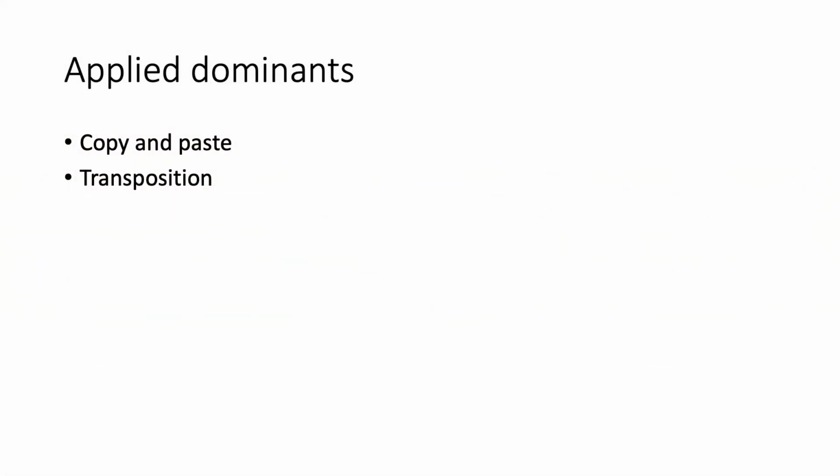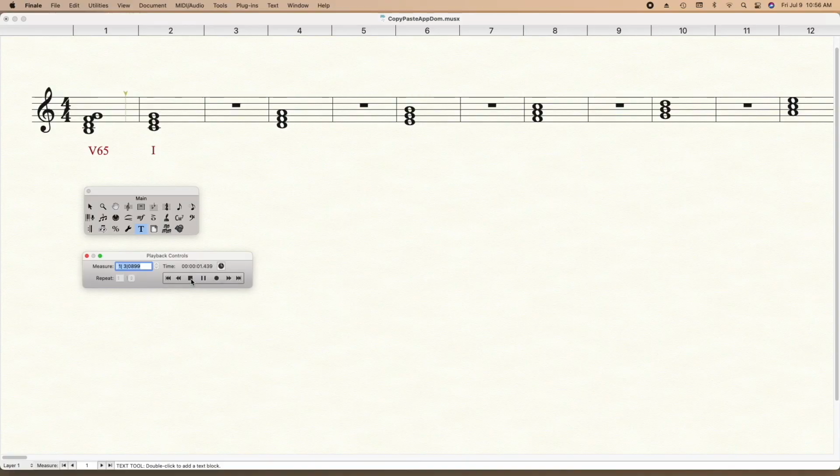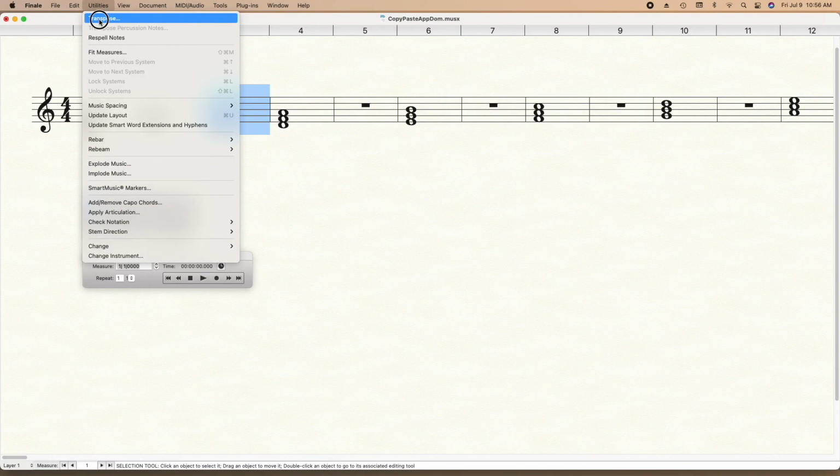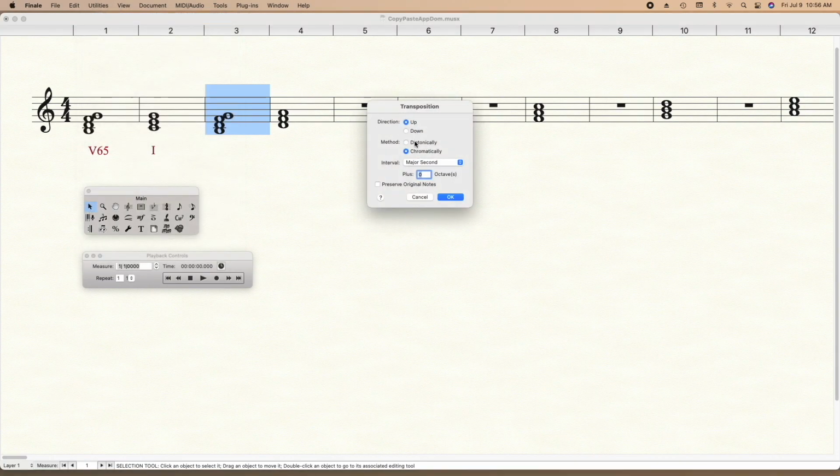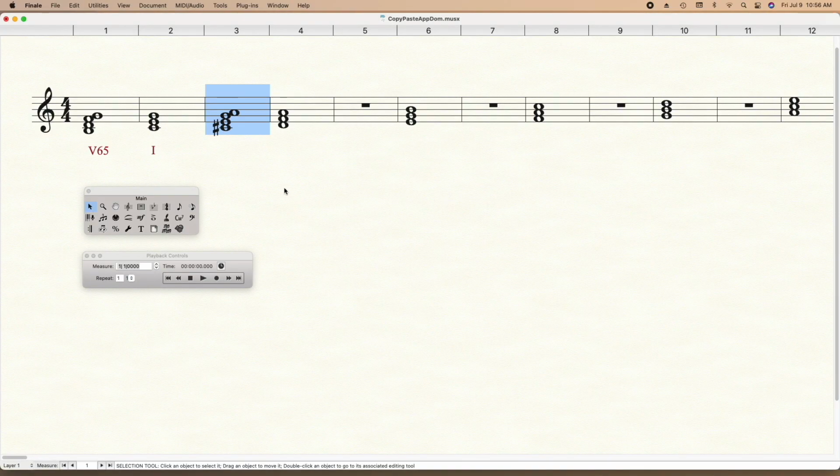We can create applied dominants using the basic copy and paste functions in Finale and also the transposition function in Finale. The transposition function here we'll use in the chromatic setting. We'll start with a 5 of 1 in C major, and we'll copy that into the third measure where it precedes a supertonic chord, and we'll use the transpose function to transpose it up chromatically a major second,